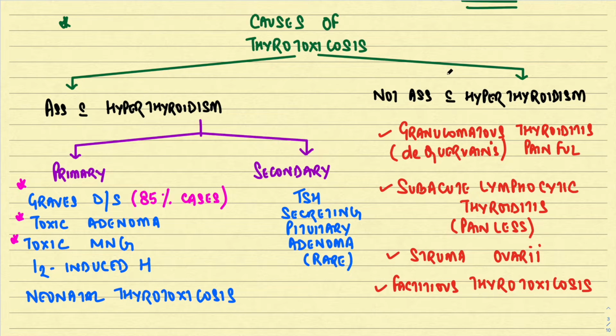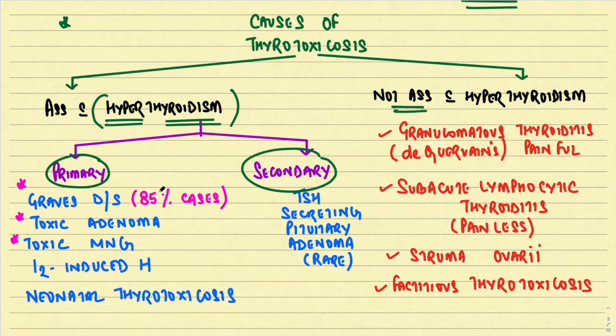So as I have already told you, thyrotoxicosis can be associated with either a hyper-functioning thyroid gland, that is hyperthyroidism, or it might not be associated with a hyper-functioning thyroid. That is why hyperthyroidism and thyrotoxicosis are not the same entity. So the causes of thyrotoxicosis associated with a hyper-functioning thyroid gland can again be divided into primary and